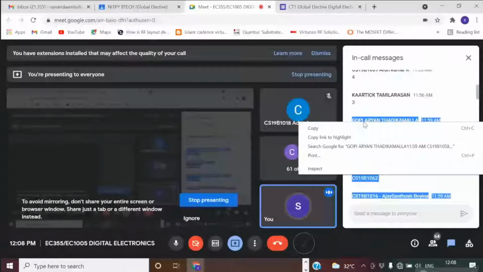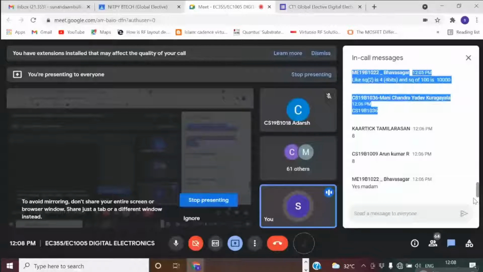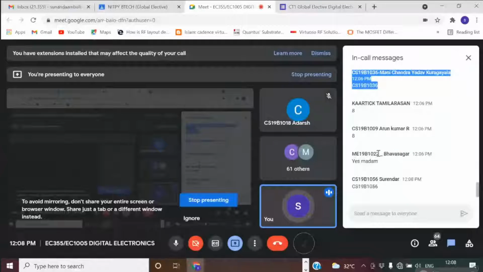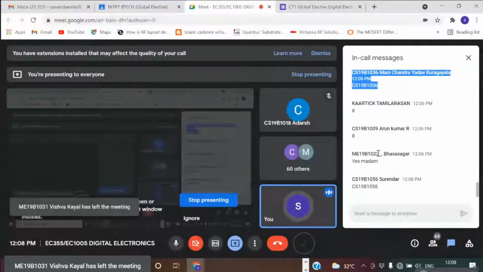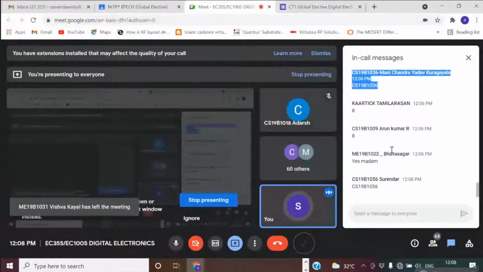Okay, so we'll see in the next lecture if you would be able to solve this question. We'll start the next unit, which is sequential circuits. So today we have completed the second unit, which is the combinational circuit part, implementation of combinational circuits with the use of gates and all. So we'll see in the next lecture about sequential circuitry.